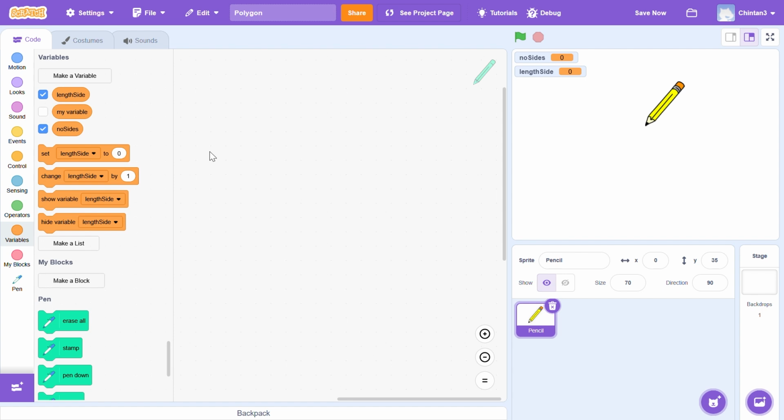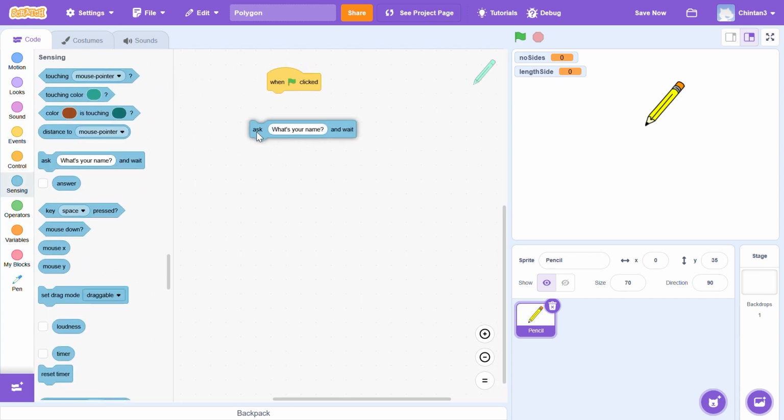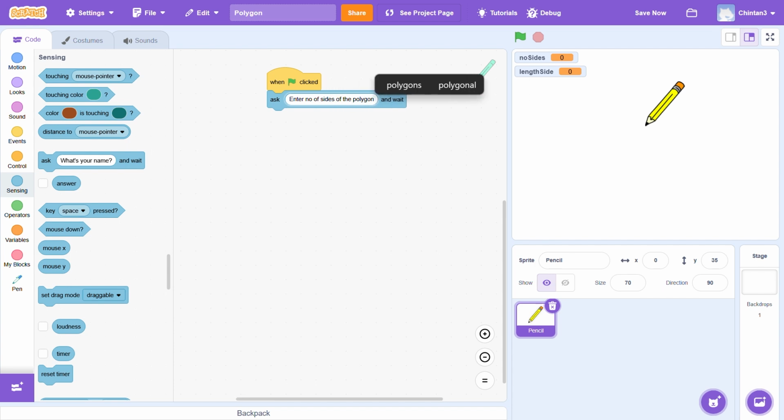Okay. So what we need to first of all do is get the values of these two variables from the user. Depending upon the number of sides, we will generate different types of polygon, and the length of each side will also be decided by that. First of all, let's create the click event. Then we'll ask the user to enter